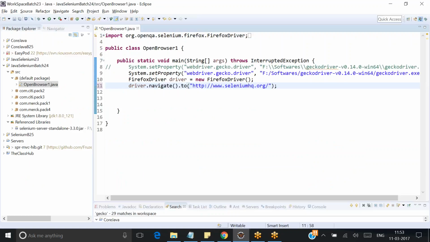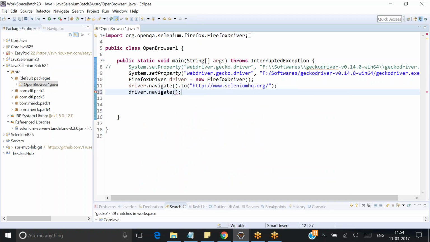This is exactly what I'm doing. If this is confusing you guys, I can explain it in this way. This code you will see everywhere in the industry. This is how they write if they want to use driver.navigate.to. But if you want to simplify this, you can first call